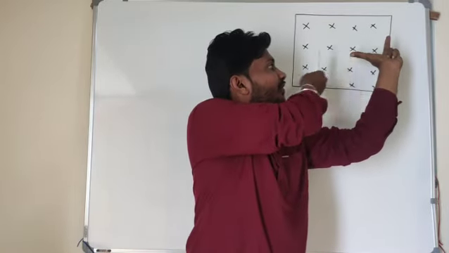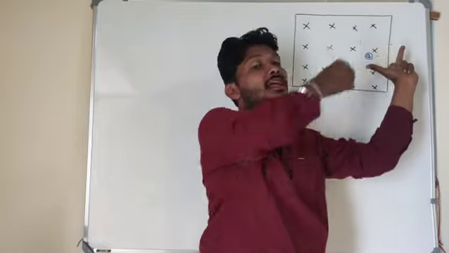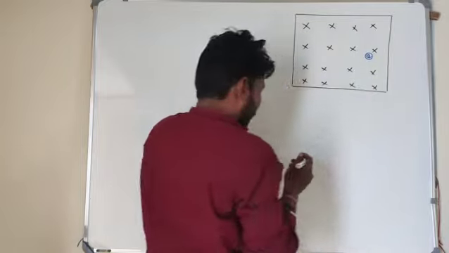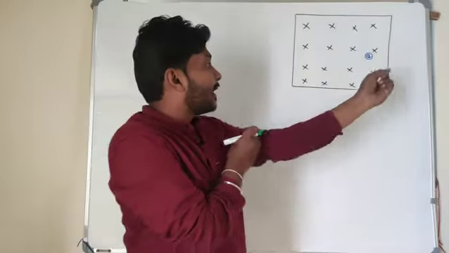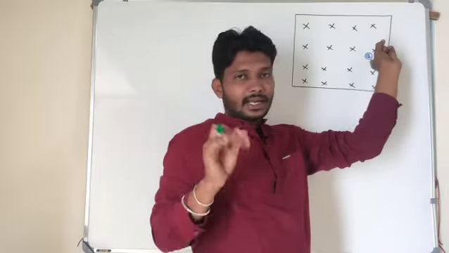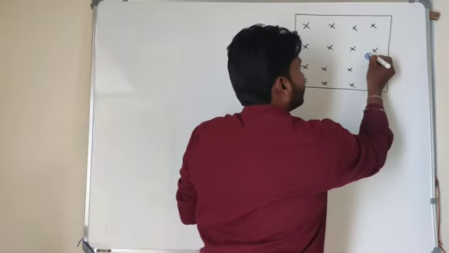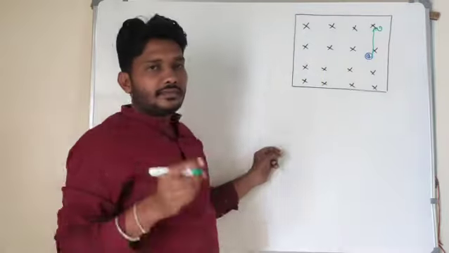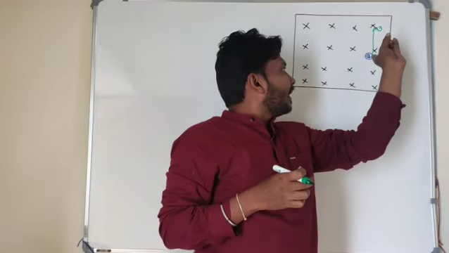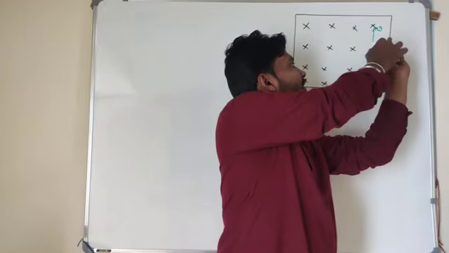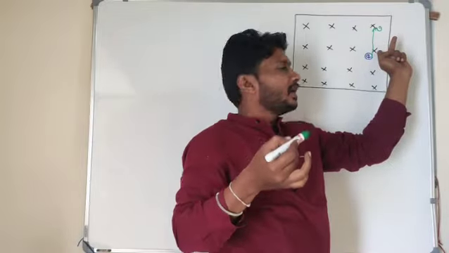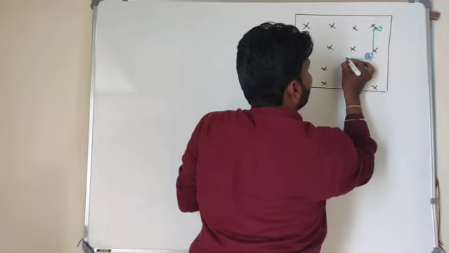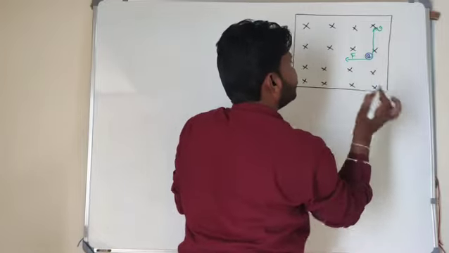Now this is the direction of the force and this is the direction of the velocity of the charged particle. Look here. First I got the direction of the magnetic field lines. Magnetic field lines are into the plane. This charged particle is moving upward, which means this is the direction of the velocity, or you can consider the current direction. This is the direction of the force acting on this charged particle.